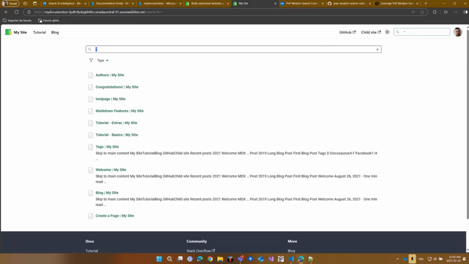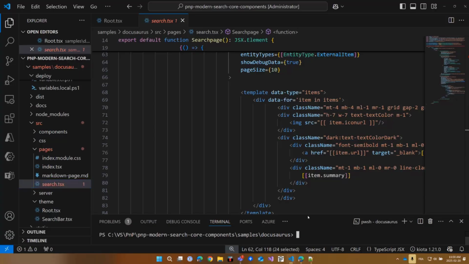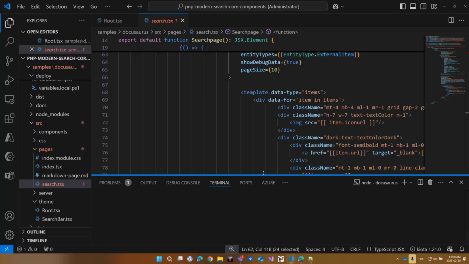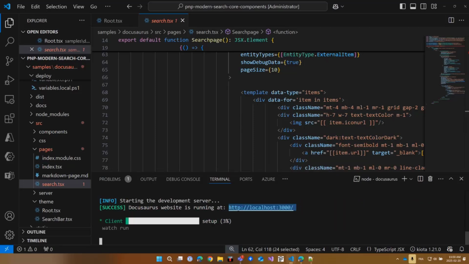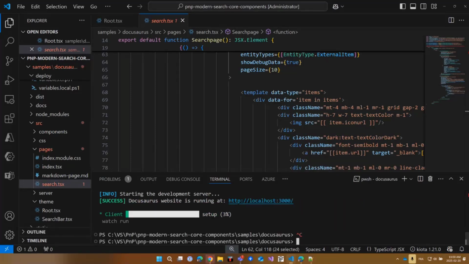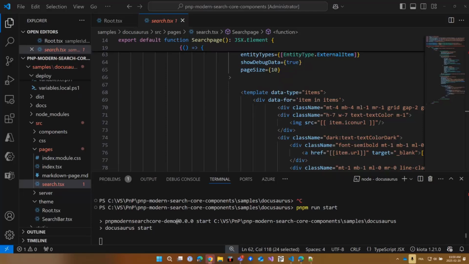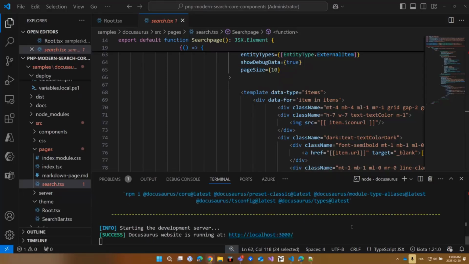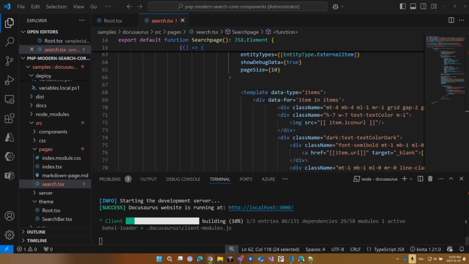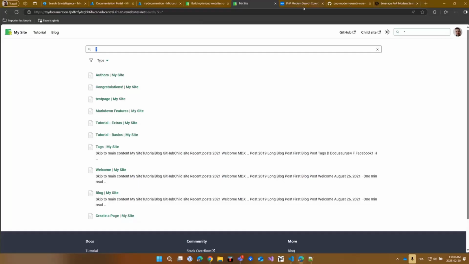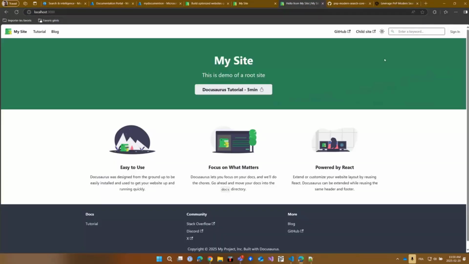This is the web application scenario, but if you want to test it locally, for instance, on the Docusaurus site, you can simply run a command like pnpm run start. It will spin up the local server there, and normally you will see the difference there. Did I just stop that? Okay, perfect. And now if I go on that page, you have the exact same motion, but the difference